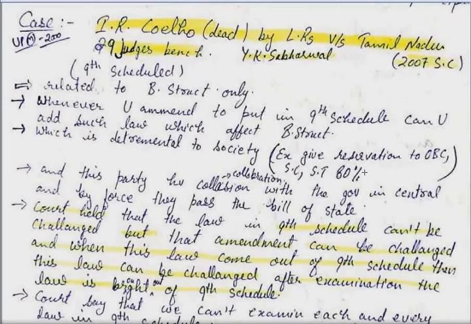And once it is brought out of the 9th schedule, then on the basis of violating the constitution, the law can be declared to be unconstitutional. क्योंकि जैसे ही लॉ बाहर आएगा, क्योंकि आपने चैलेंज किसको किया, लॉ को नहीं किया चैलेंज, आपने अमेंडमेंट को चैलेंज किया है बेसिक स्ट्रक्चर के बेसिस पर। अब वो अमेंडमेंट अनकॉन्स्टिट्यूशनल हो गया, तो लॉ तो बाहर आ गया। अब जब लॉ बाहर आ गया, then it is not beyond the scope of judicial review now, it is held by judicial review, and the court can always review the constitution and take the law and declare it to be unconstitutional।